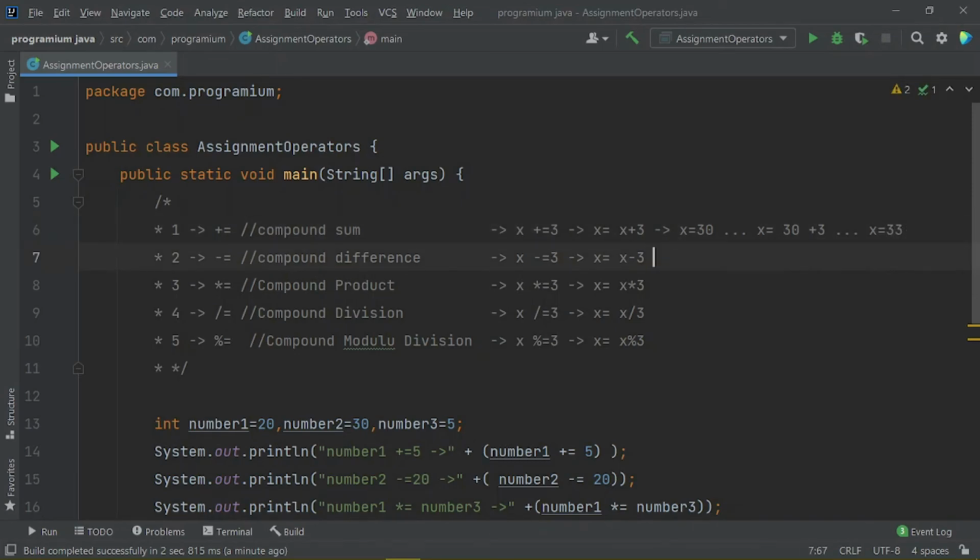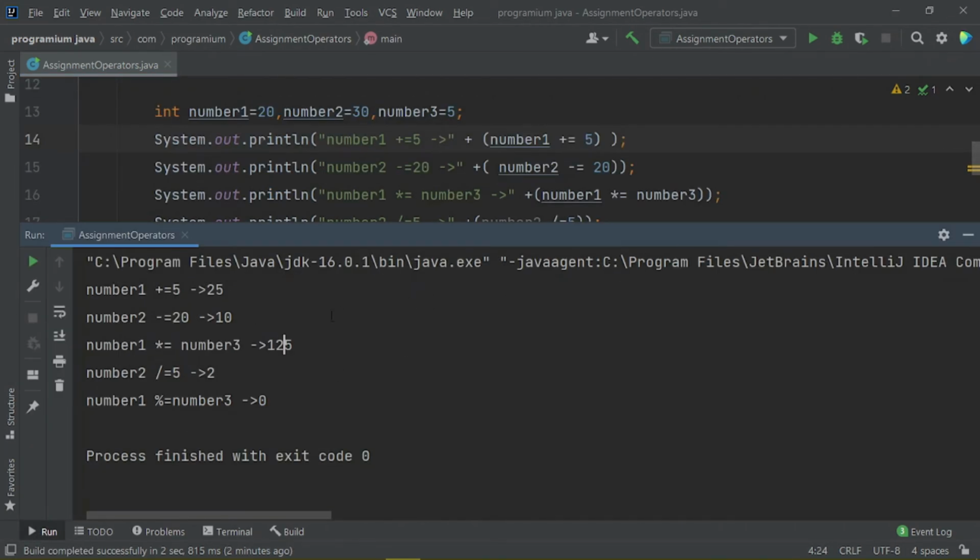So that's the reason. Let me show it again here. We got here 125 because now value of number 1 is modified to 25, and 25 multiplied by number 3, that is equals to 5, is equals to 125.